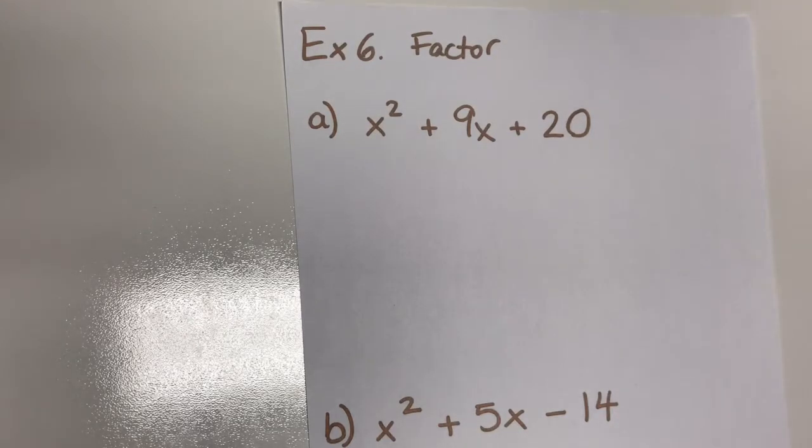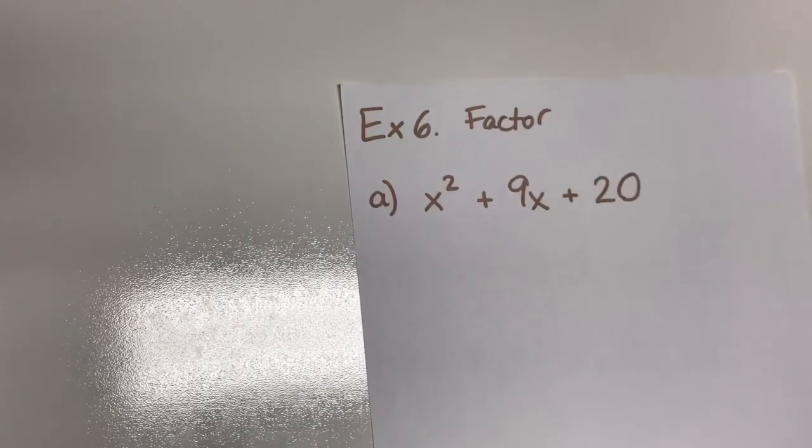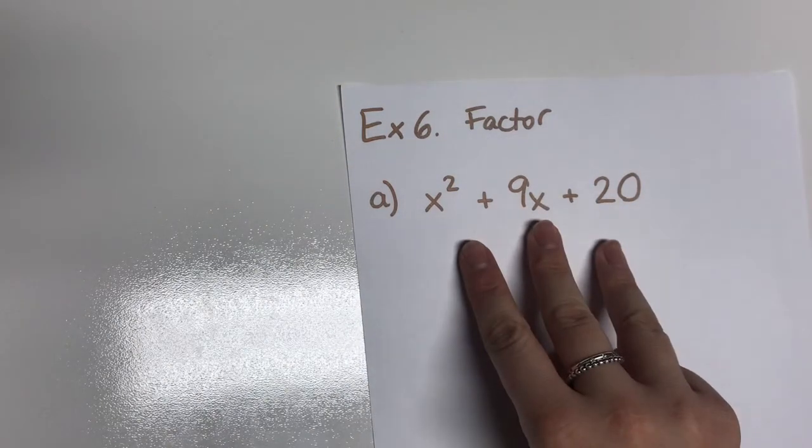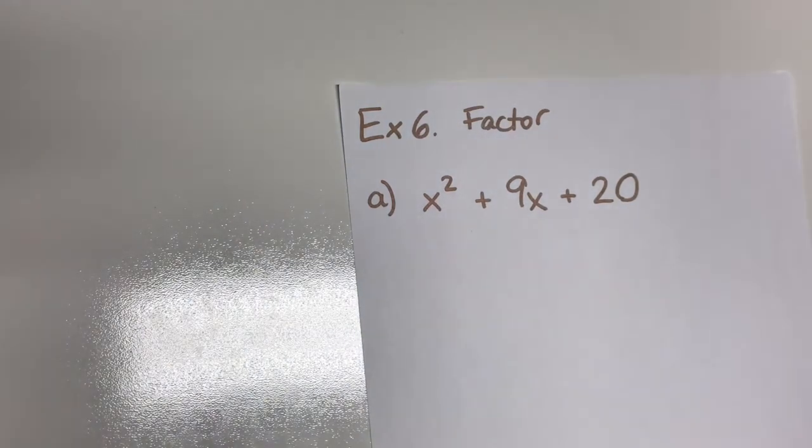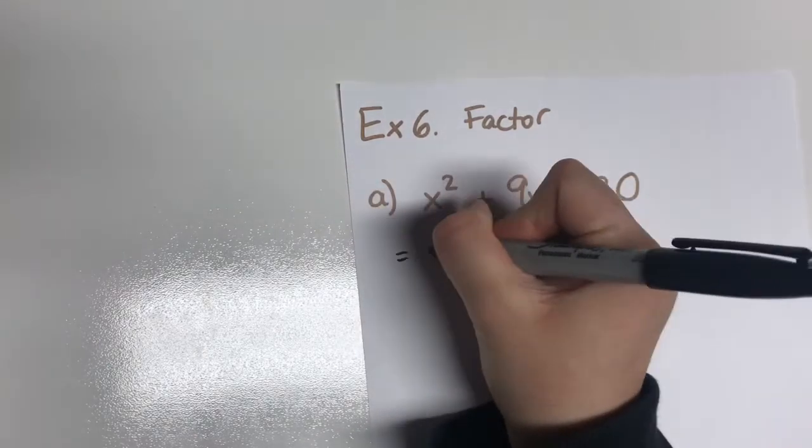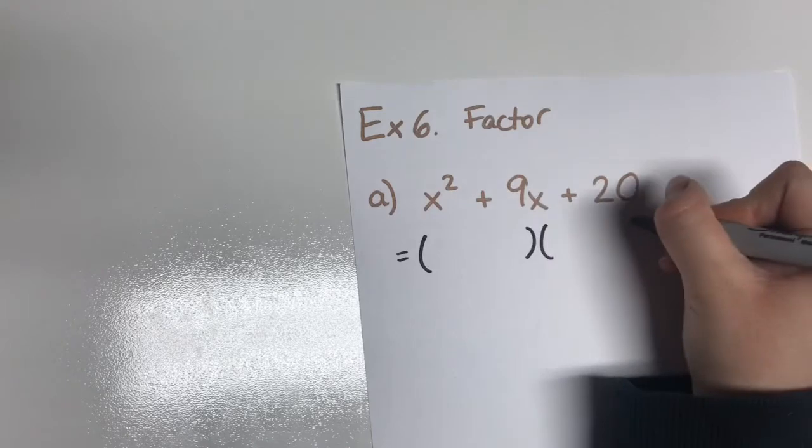Okay, so we looked at some examples of common factoring. Now we're going to look at an example where we are factoring a trinomial. This means that they don't have anything in common, but there is a way of factoring it so that it looks like two binomials that are being multiplied. So just like common factoring is the opposite of the distributive property, this would be the opposite of doing FOIL or binomial expansion. So the strategy here is I want it to be two binomials that are being